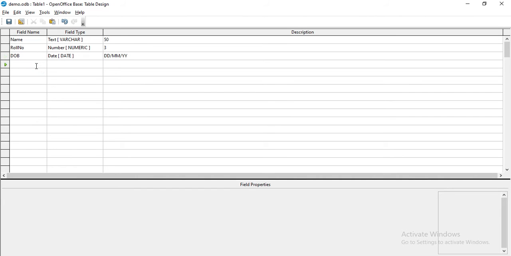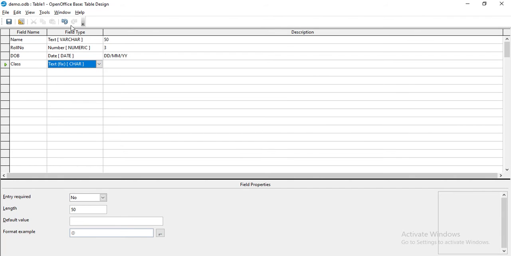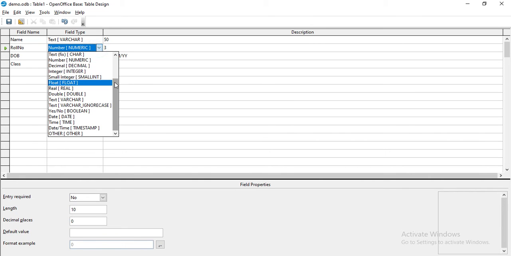Next one, class. There are more data types also. If you go through this drop down menu, you can select. For class I will use char, and for roll number I will select tiny integer.